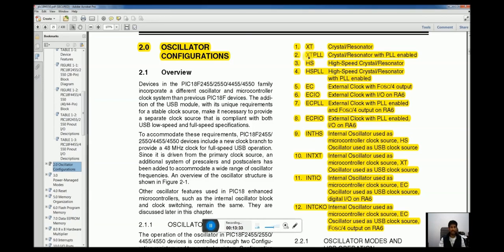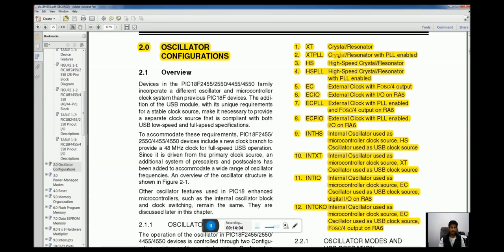Then we have XT-PLL. We can use the same external crystal oscillator to provide the master clock, but in scenario number 2, we can link it with an internal PLL peripheral of the microcontroller. PLL stands for phase lock loop, and phase lock loop is used to multiply or divide the input frequency of any waveform.